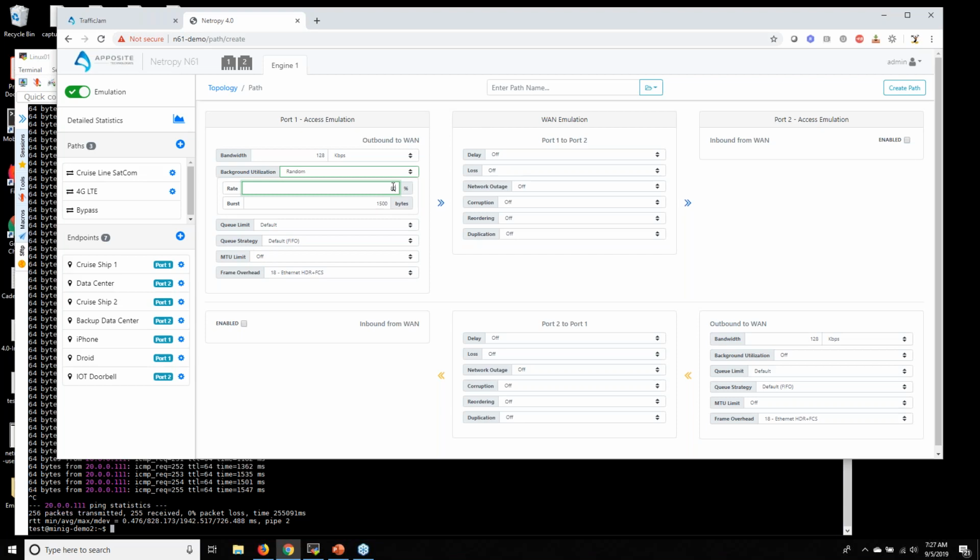So what we can do is emulate that situation where you have background traffic on the network. We don't actually send this out to your real network, but we can contain this traffic within our device.